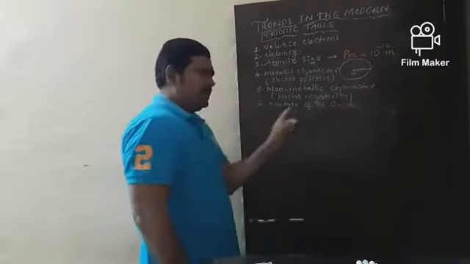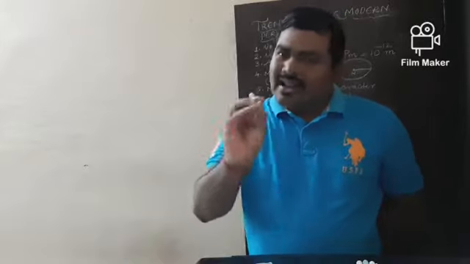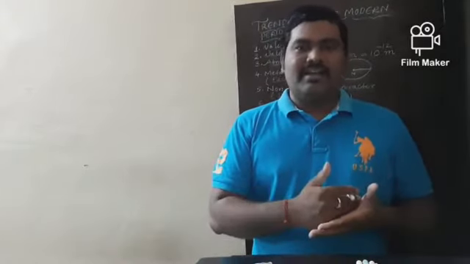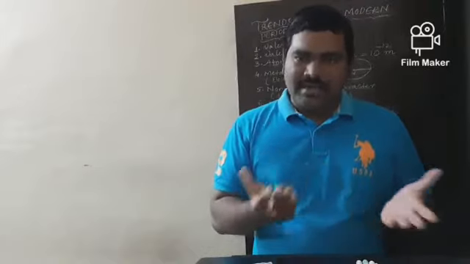Nature of the oxides. Now you know metals are able to form metal oxides which are basic in nature. Why are metal oxides basic in nature? Because metal oxides dissolve in water to form bases. And if you take non-metals, non-metal oxides are acidic in nature. Why? Non-metal oxides dissolve in water to form acids. Because of this reason, metals form basic oxides and non-metallic oxides are acidic in nature.